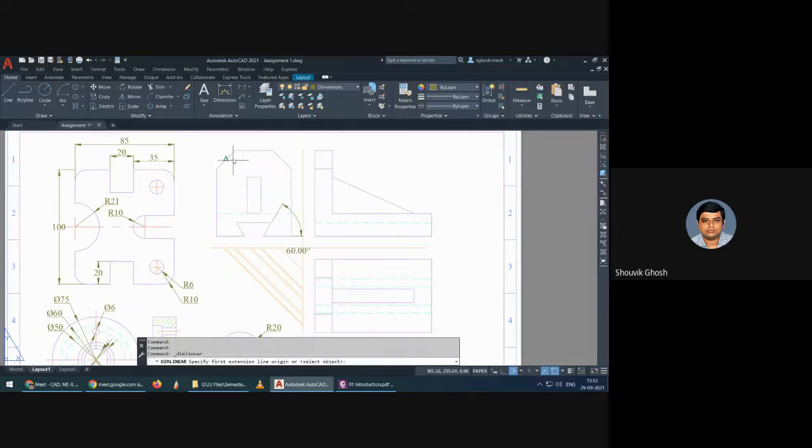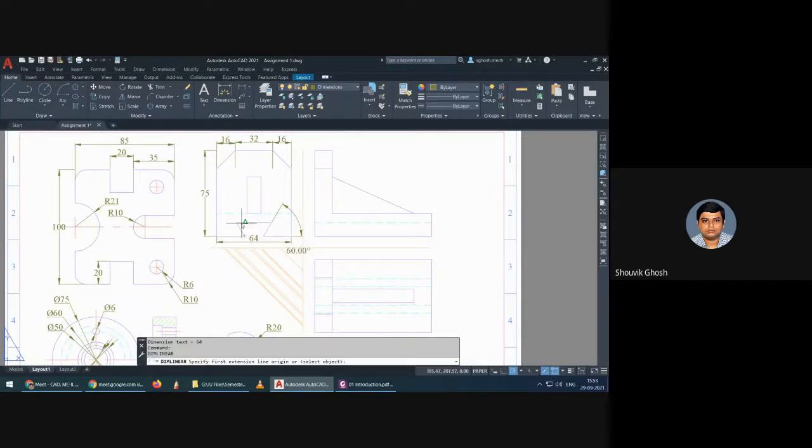Again, taking the linear value. You don't need this one.